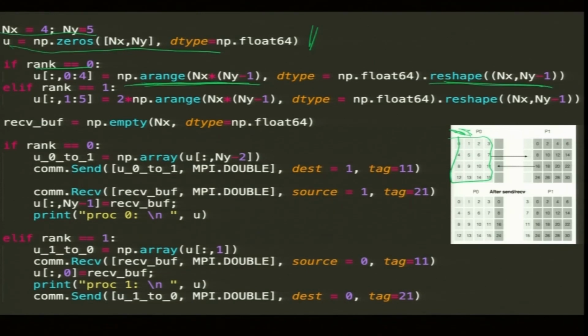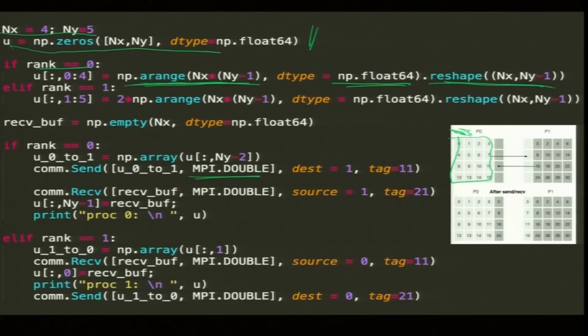So, this same data can be reshaped. The 1D data I want to shape into 2D data. So, it is nx times ny minus 1, which is 4 by 4. It takes this long chain of data and makes a 2D matrix. Okay. This is the beauty of Python. And the type I specify is float 64. It is a good idea to define the type. With MPI you are sending data and it needs to know the data size. So, it is recommended that you define the type. So, when I send it, I will use MPI double.